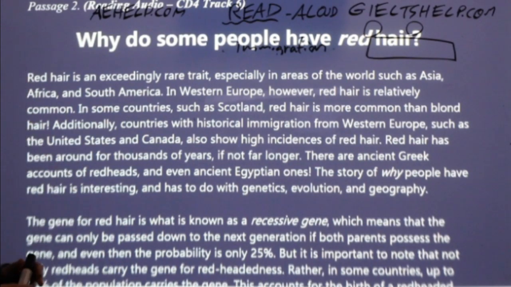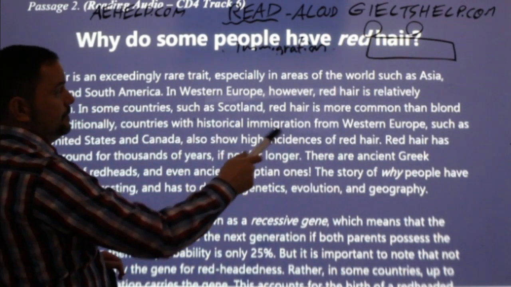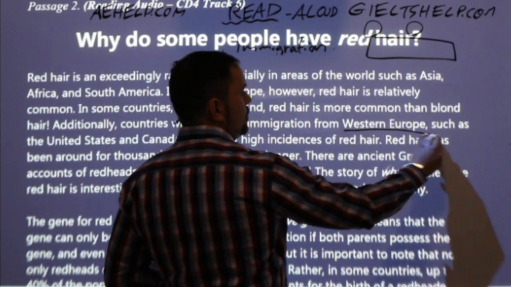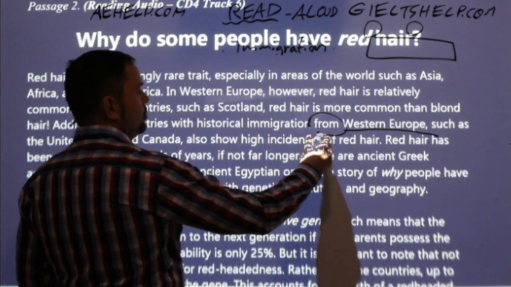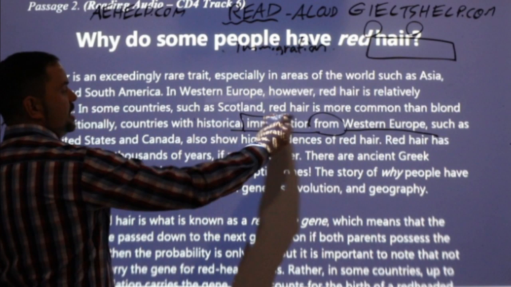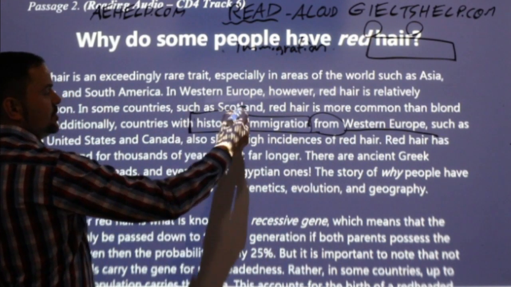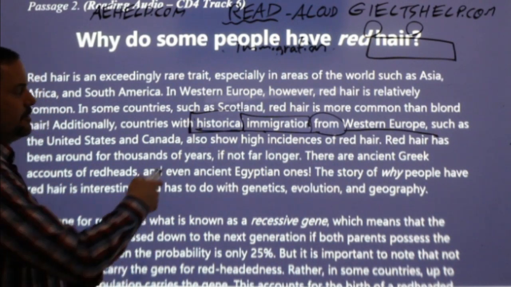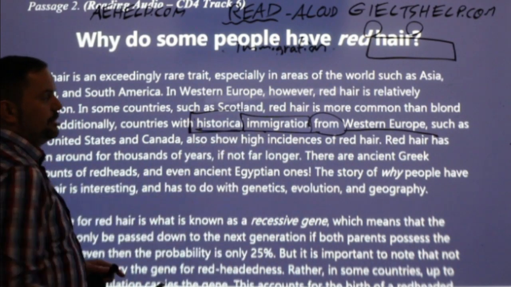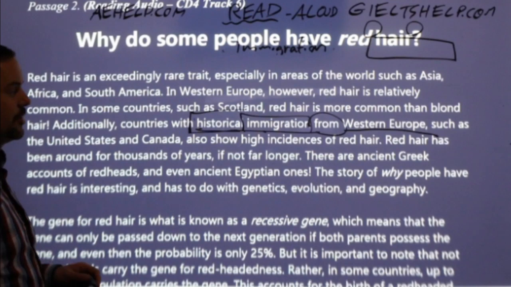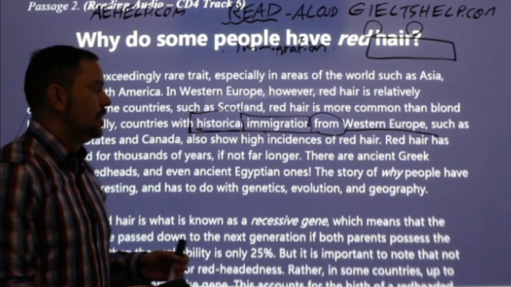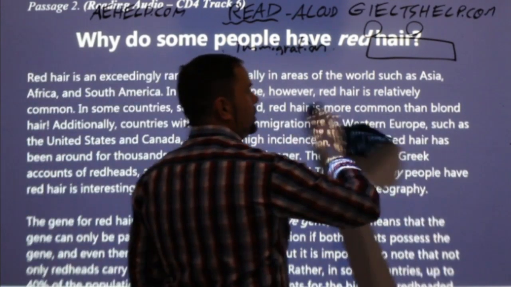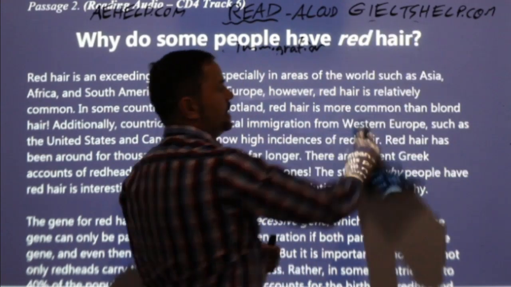So if I'm back at the introduction, ooh, there's the word Western Europe. From, ooh, what comes before it? Immigration. Now here's the word historical. Maybe I will add historical immigration. They'll give it for both historical immigration or immigration. You'll get it correct. Okay, so there you go. All right, let's keep going.